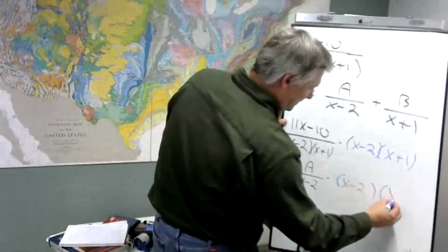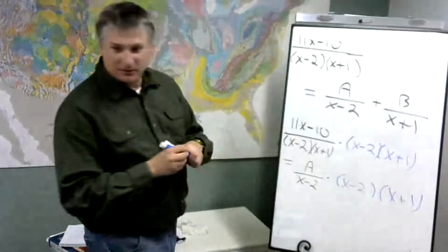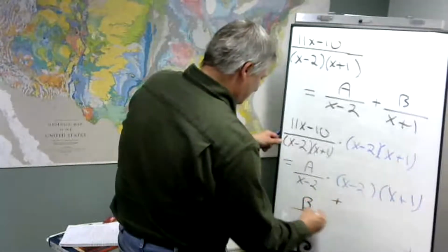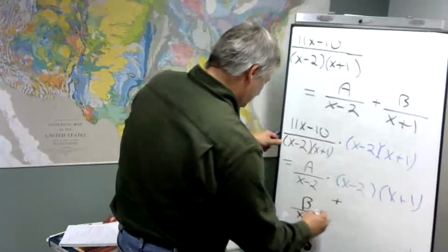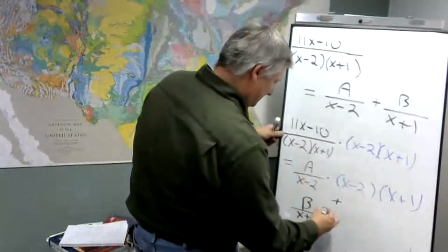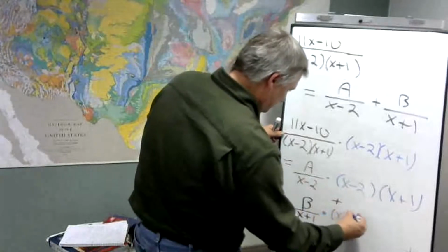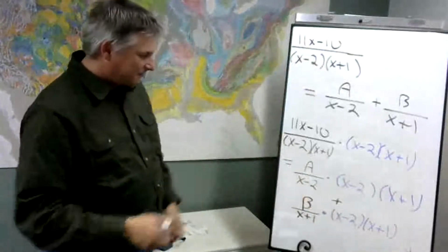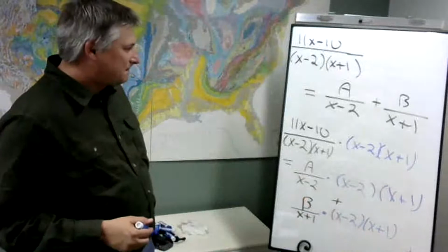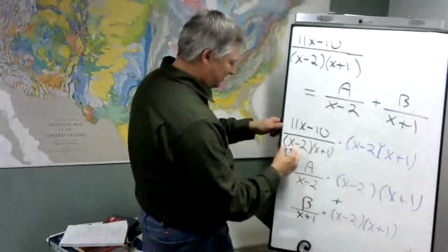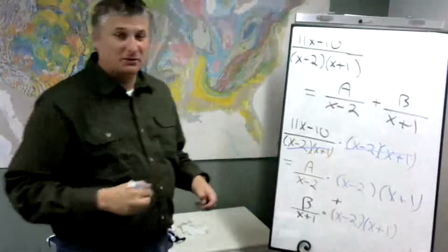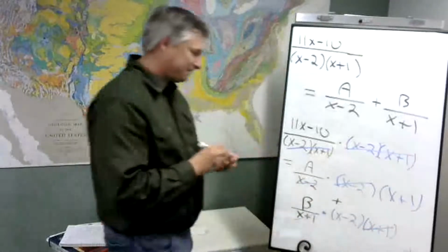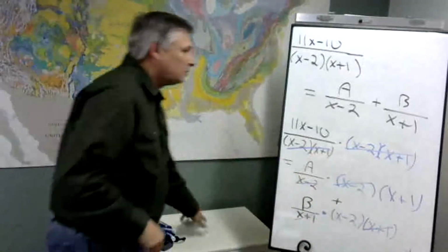Make sure you can see that on the camera. And then add B over x plus 1, and again. So we look at what cancels. Well, here we get some cancellation. Here the x minus 2 goes away, and the x plus 1 goes away. So what we have left